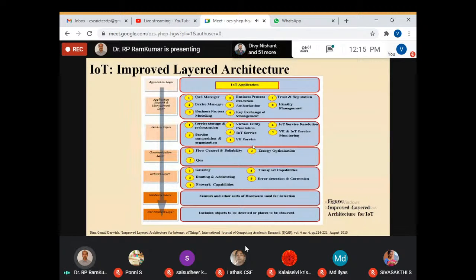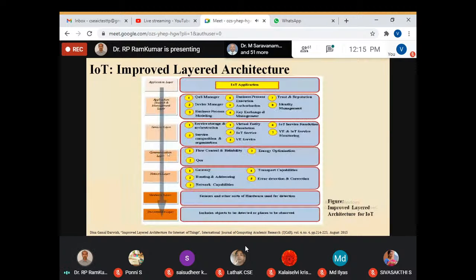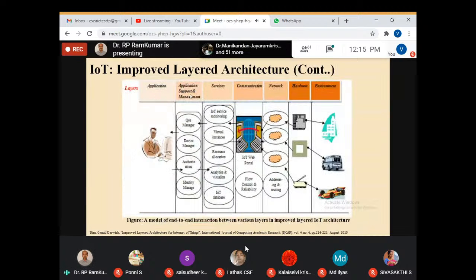One best example is being given here, one best example for all the layers. These are the layers. See, in the earlier slide, these are the layers: 1, 2, 3, 4, 5, 6, 7 layers, from the application layer to the environment layer. The same thing is being done here. Application layer, application support and management, service, communication, network,